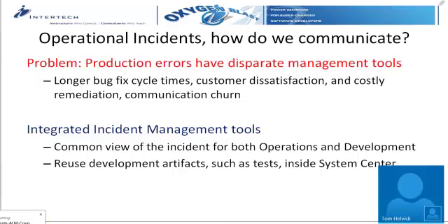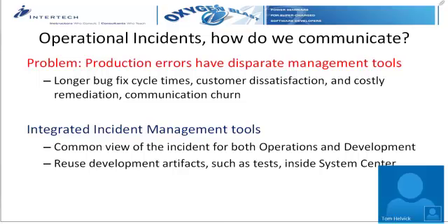Next thing that we have is operational incidents. How do we communicate? I've been on several production calls. The dreaded conference call that goes on forever. So it goes until the incident is done. I've never spent so much time on mute than I have on an incident call when you're trying to scramble and do stuff. So what's one of the problems with that incident call is that's the common form of communication. That's the mechanism that we use to communicate together. Does it work? Yes, it works.